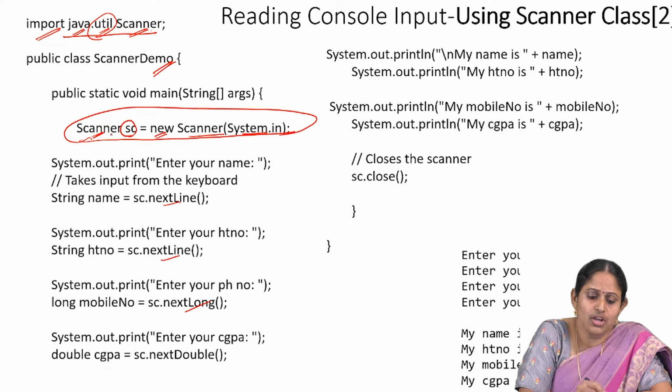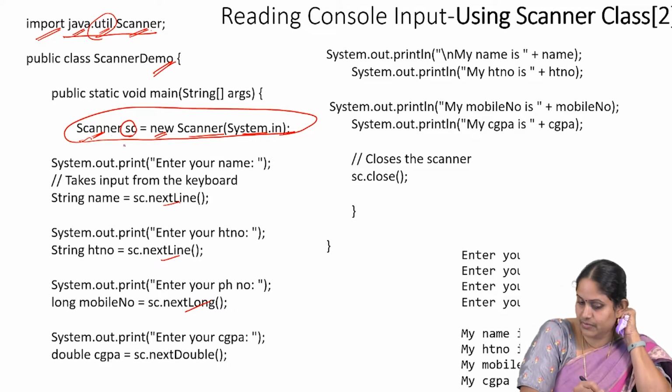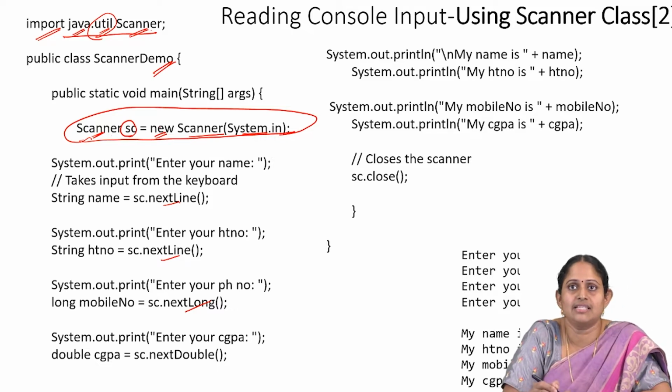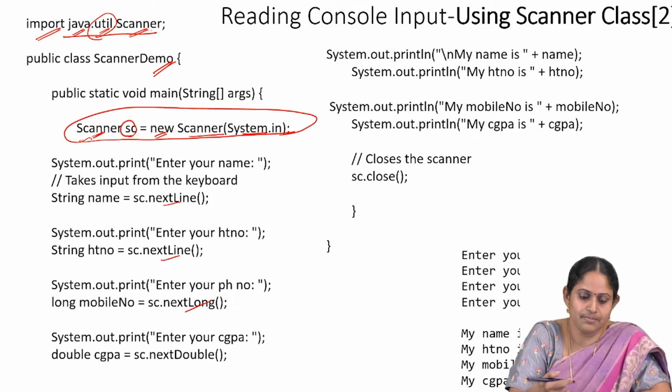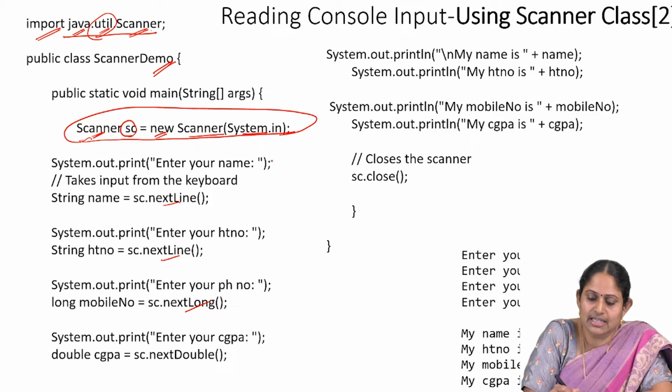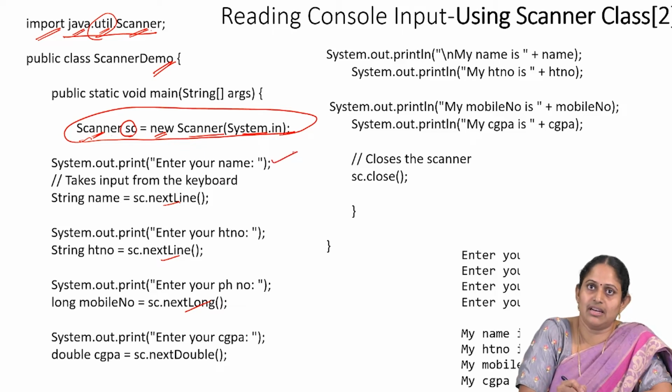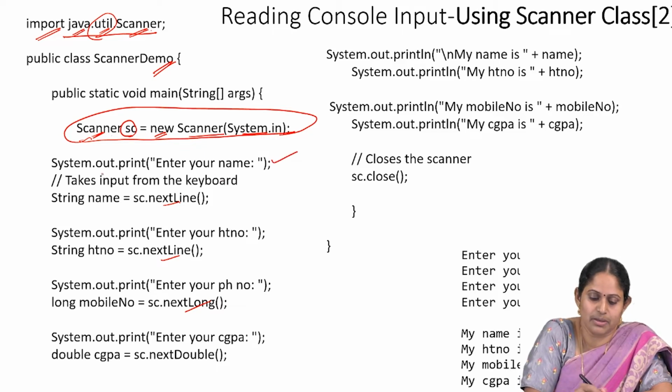So we have to create an object of Scanner class to use the methods of the Scanner class. Now let's first read the name of any student. Let's say we are reading the name of the student. So we are printing